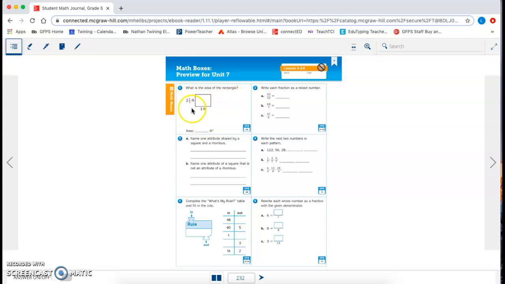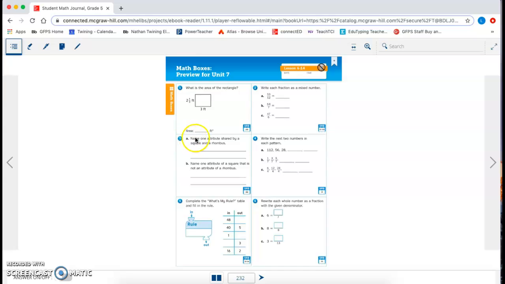All right, we have an area in the first box. Remember, you just multiply. Okay. 2, you have to rewrite these as a mixed number. 3, you have to talk about attributes. Remember, attributes are something that describes